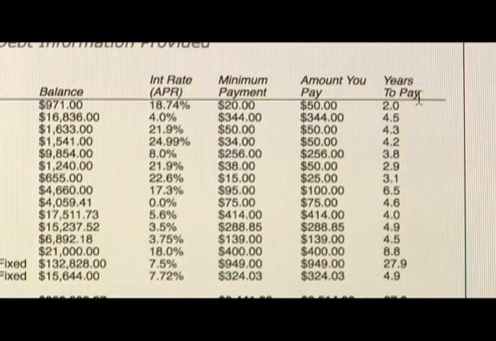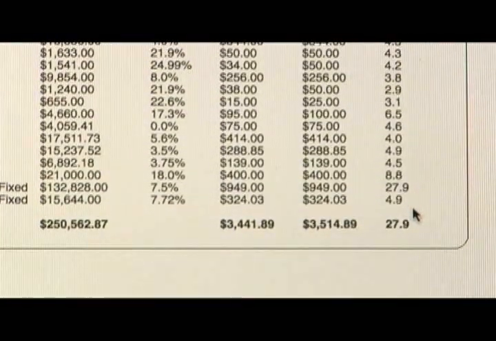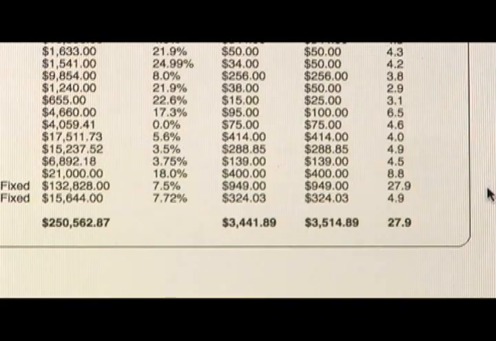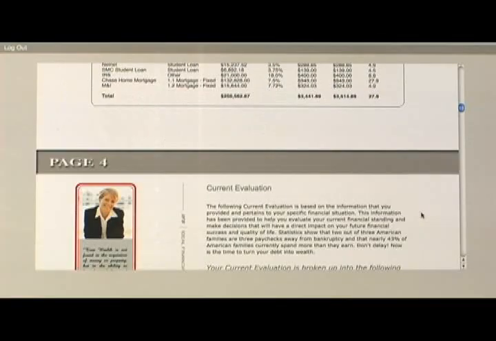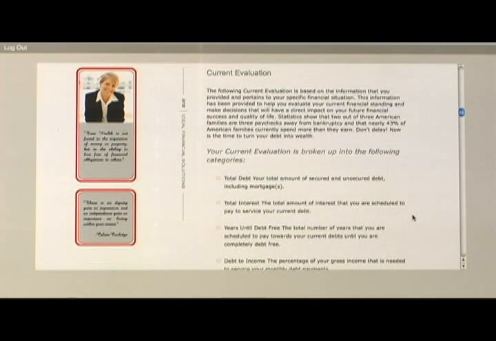And the last column is showing how many years it will take them to pay off each one of these debts based on this current schedule of payments that they're currently making. And you can see down here, they plan to be debt-free in 27.9 years, and we'll be talking about that number. Page 4 is talking about their current evaluation, and this is really comparing them to national averages and showing